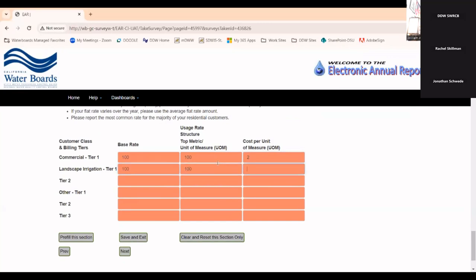Now, there's something I should probably point out with this table. You notice that all the cells are available. Like for instance, commercial tier 1, since there's only one tier, doesn't make sense for us to put in 100 for the maximum unit of measure. We utilize the